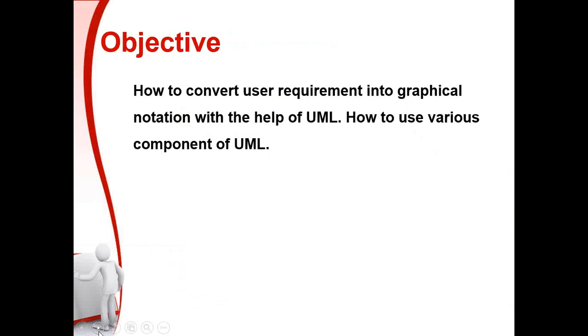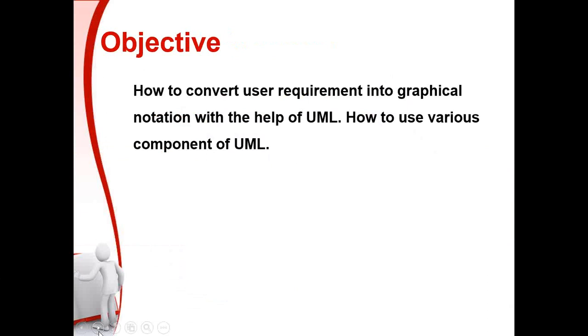This is a small introductory section which is just going to give you a kind of history and introduction of UML, what it is. So the overall objective of this session is to teach you how to convert the requirements you have received from the different stakeholders into a graphical notation. This tool, UML, this language, helps you do that, and how to create different types of diagrams depending upon the need of the requirement and the stakeholders.